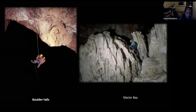As you can see on the right, there's Glacier Bay, and Glacier Bay is a big gypsum glacier. So it's not really a glacier, obviously, but it's a big gypsum deposit. And this picture is of Glacier Bay when it had handholds and footholds. Nowadays, the gypsum has been kind of worn down a little bit, and so there's not as many handholds and